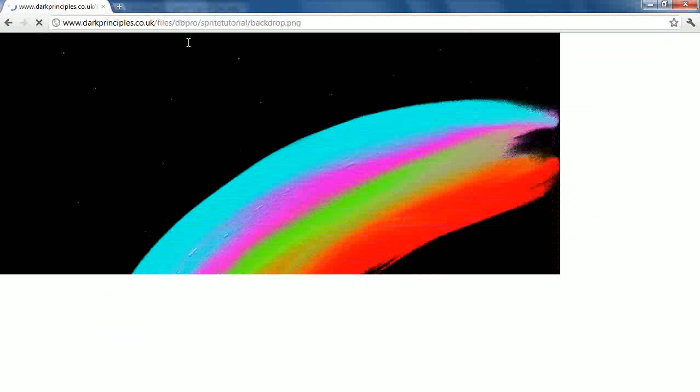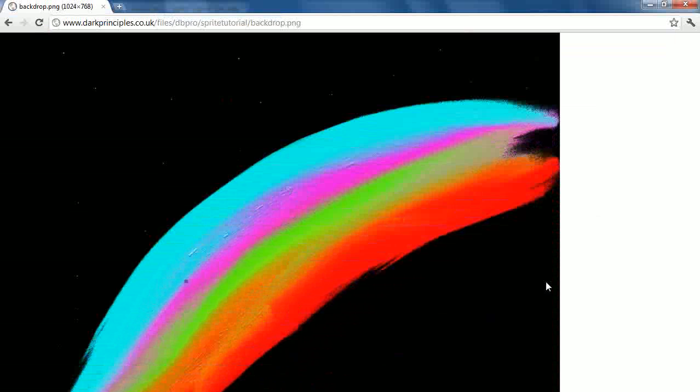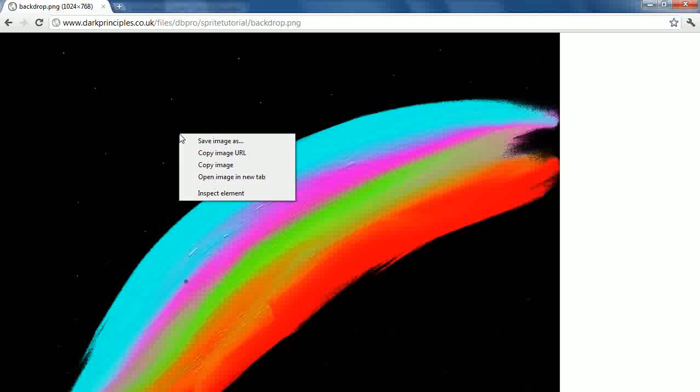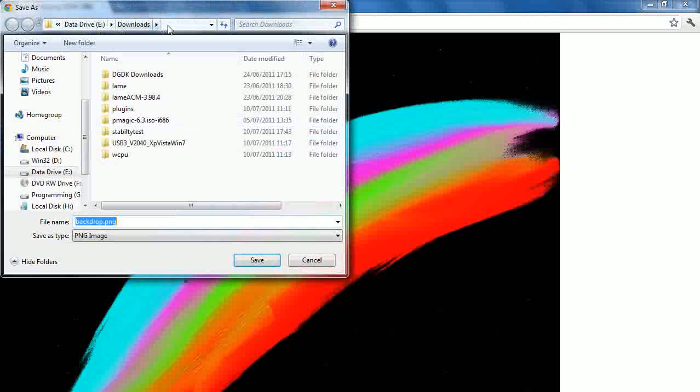So we've got the image. Now it's a very basic image, something I just knocked up on my iPad. So we're just going to copy this image, or rather save it. So save image as, and we need to apply it to a specific location. So in this case it's going to be